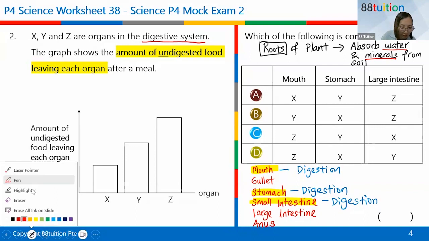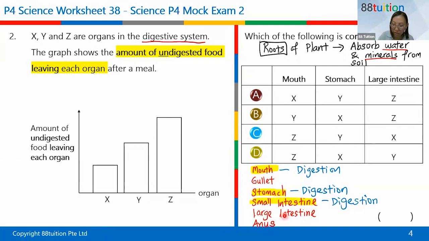So think of the large intestine like the roots. Roots belong to the plant, the large intestine belongs to human beings, but the function is about the same. So the large intestine, the function is to absorb